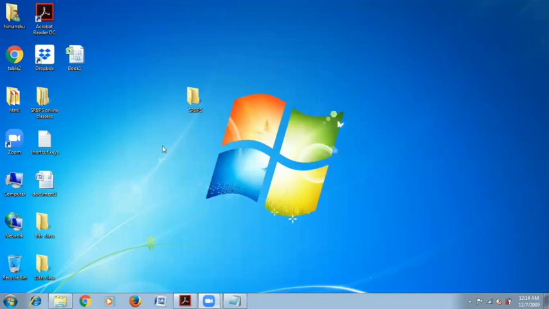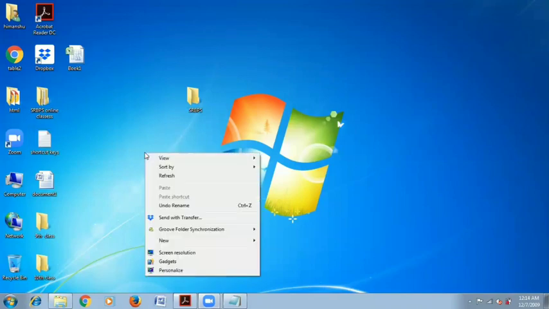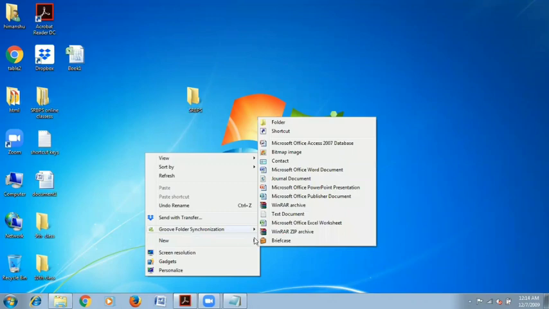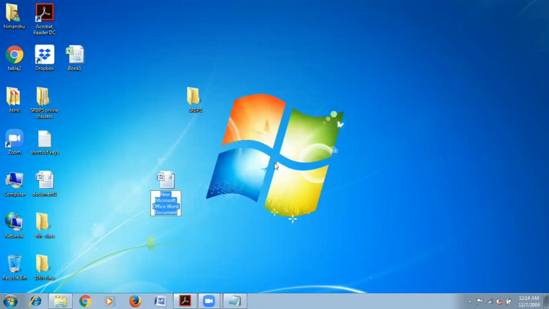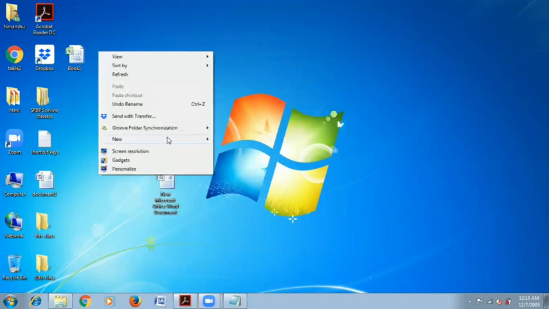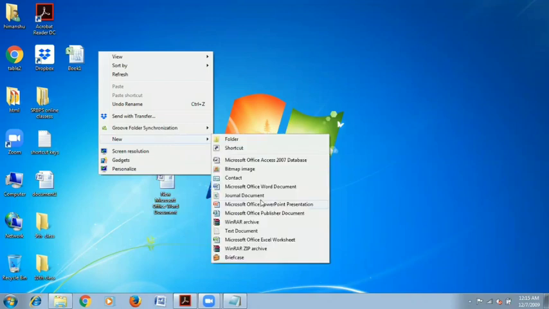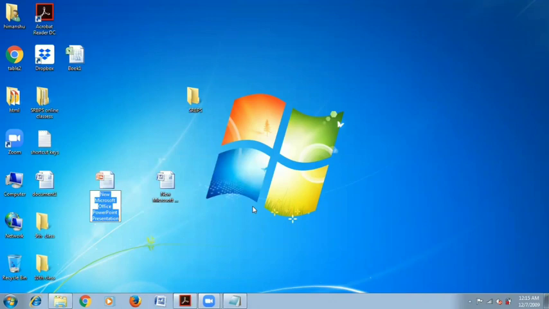Okay, again we can make some files by right clicking. While right clicking on the screen, you need to click here new, where you wanted to create any file. Like if you wanted to create any Word file, you can click here. One Word file is here with you. If you wanted to create any workbook or any PowerPoint file, you can simply click here.